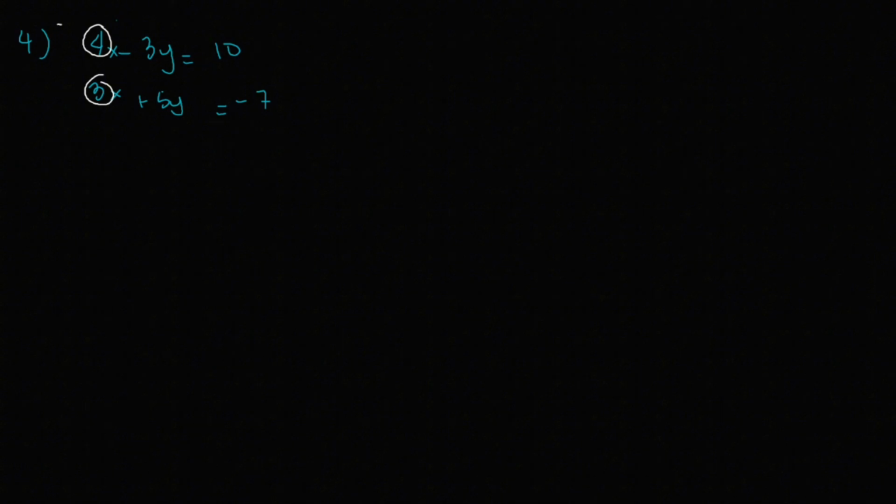To do that, all you have to do is to get the LCM. What is the LCM, or the least common multiple of 3 and 4, which is 12, right? So therefore, we need to make sure that the numerical coefficients of these two variables x must be equal to 12 so that we can eliminate them. Okay? So therefore, we need to manipulate each equation. Both equations need manipulation.